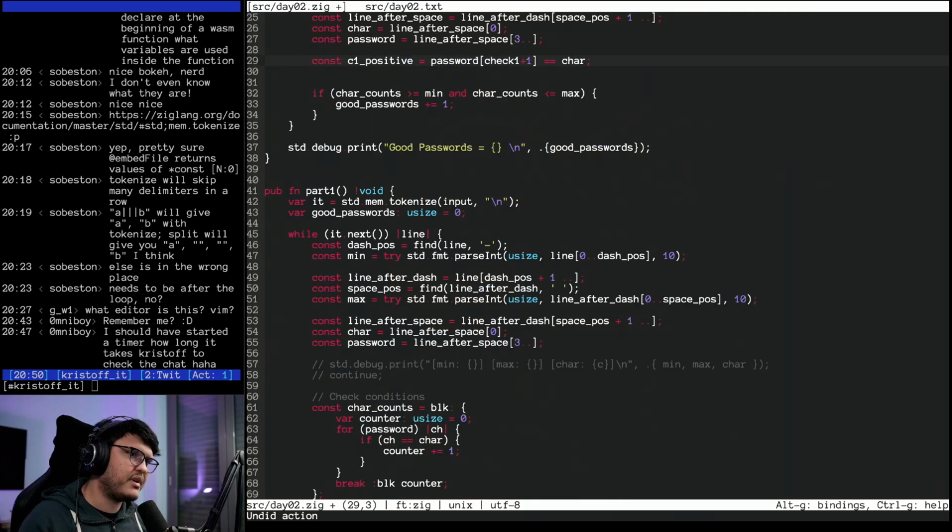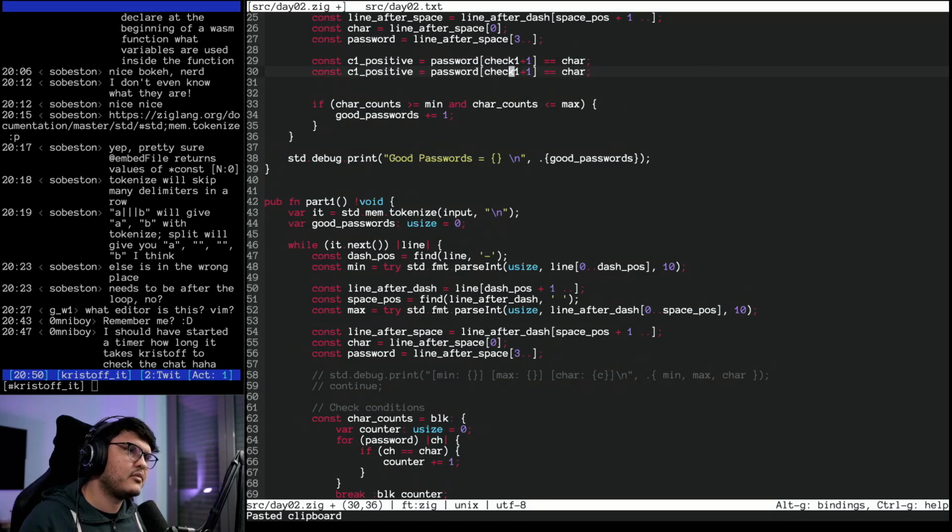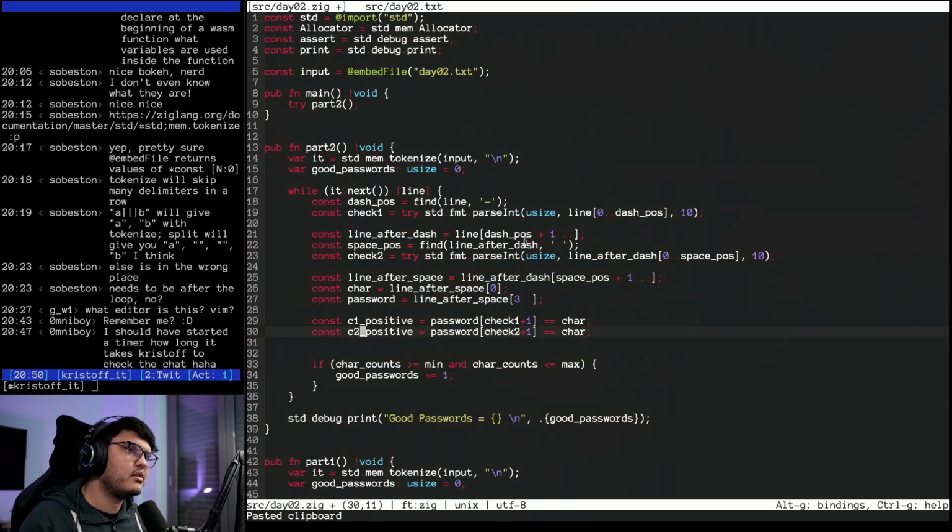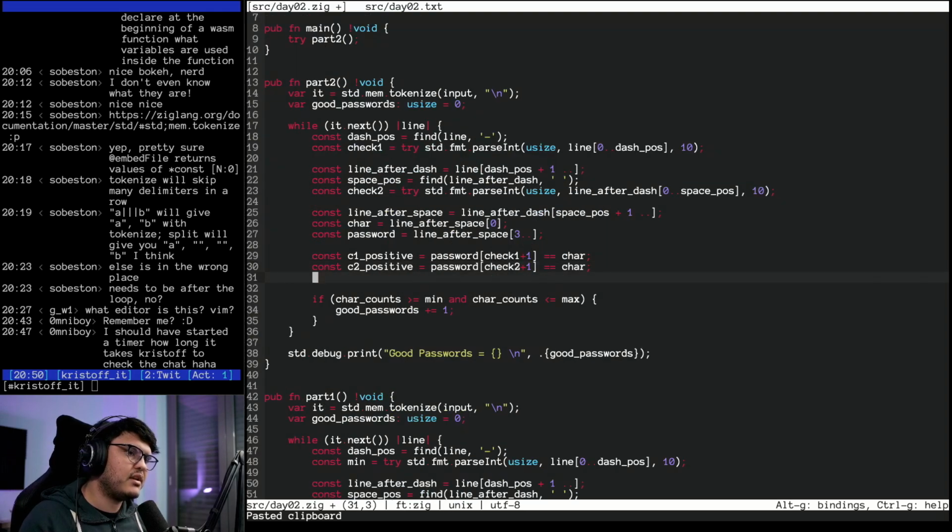Oops, okay, I think I pasted the wrong clipboard. Copy, paste. So position check 2 plus 1 is where we do check 2, and then we say this only if check 1 is positive, and let's start adding parentheses.